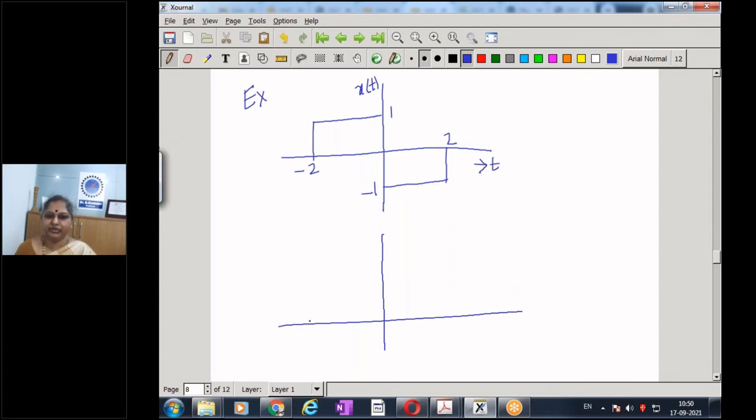So now we go and stand at -2. There is no signal, so nothing. Then I come to -1. I stand and look to the left. How much area do I see? This is the area I'm going to see, and the area is 1. I go a little more ahead. I go to 0 and look to the left. I see a total area of 2.